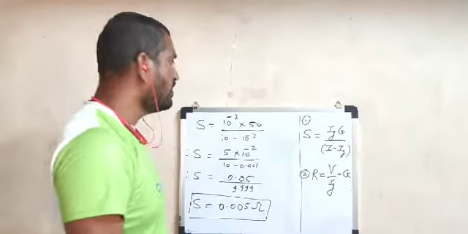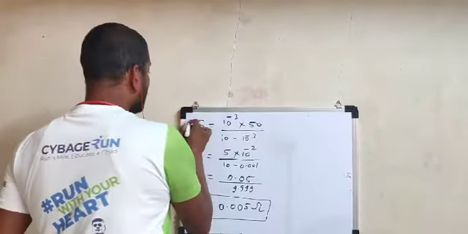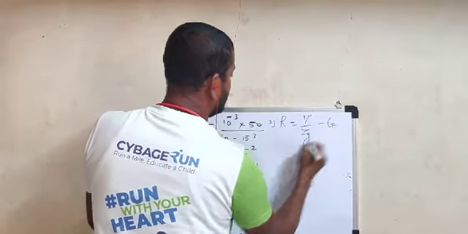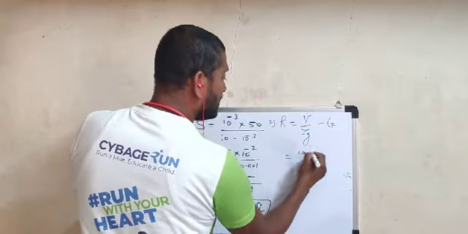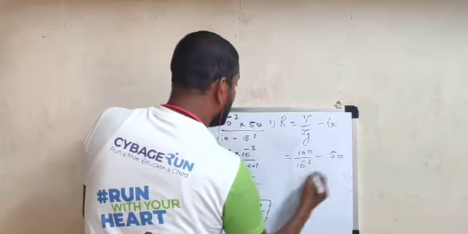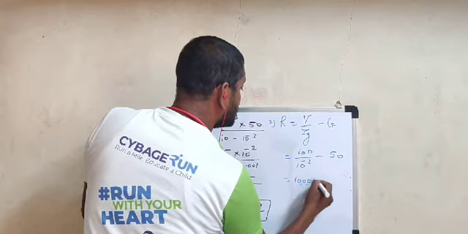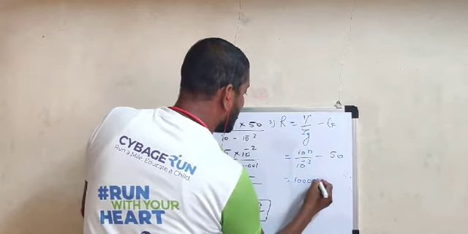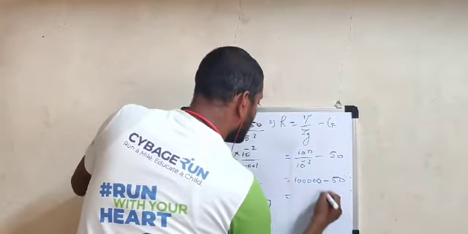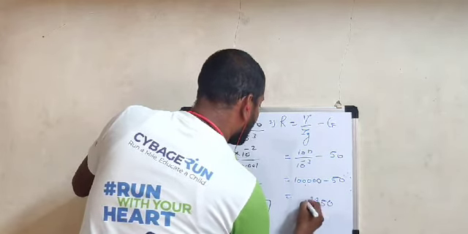You can check later. Now similarly, second requirement, to calculate series resistance, what is the formula? We know that series resistance R is equal to V upon Ig minus capital G. So here voltage to be measured maximum 100, Ig is 10 raised to minus 3, capital G, what is the value of capital G here? 50. And therefore this is equal to 100 divided by 10 raised to minus 3, that means 100 and then 3 zeros, minus 50.